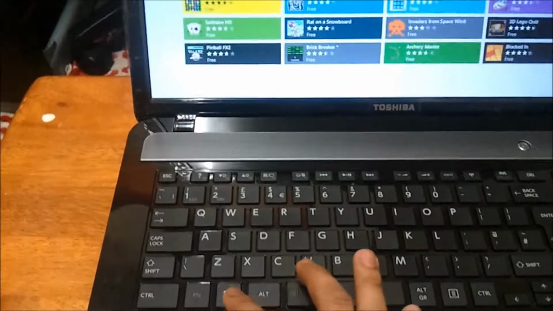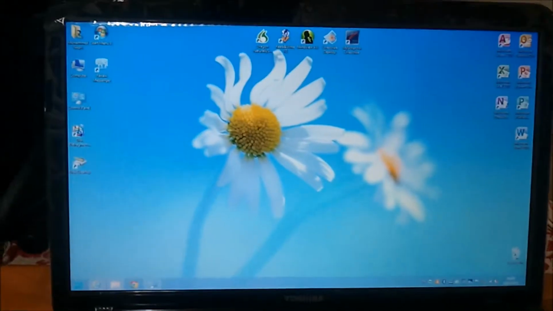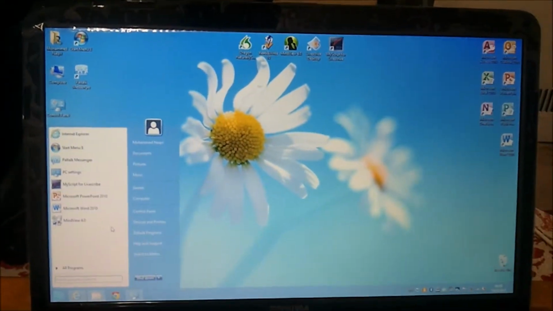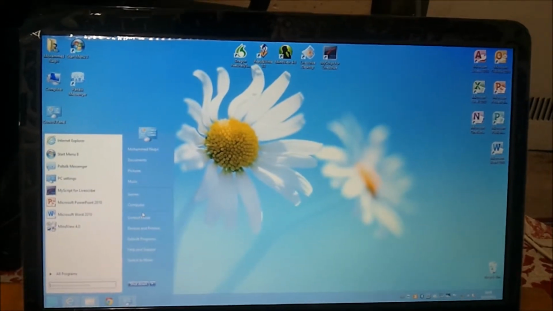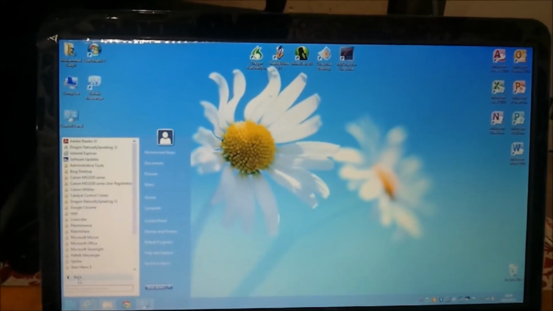It's literally the same as Windows 7. Once you have this sorted, then you can go anywhere else: control devices, games, documents, music, pictures, everything else is